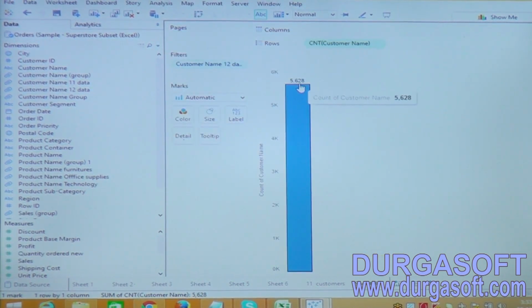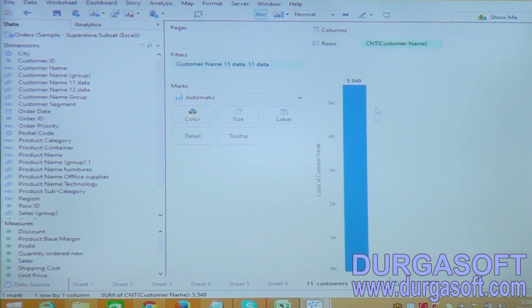Now we have 5,628 in 2012 and 2011's 5,549. These are the people who are part of your data in 2011 and 2012. This is how to find out the data.